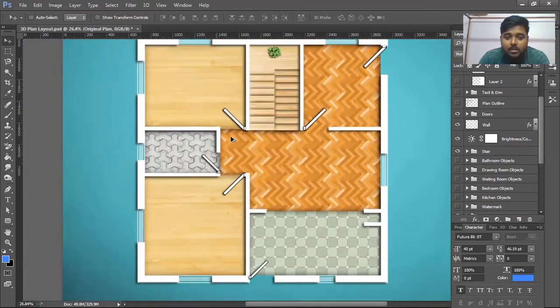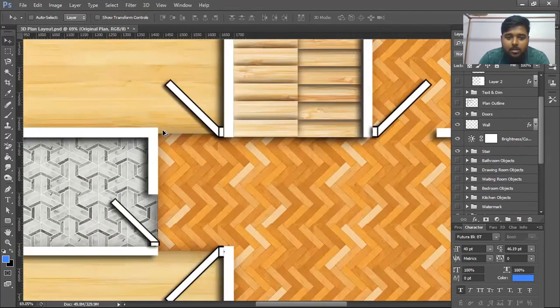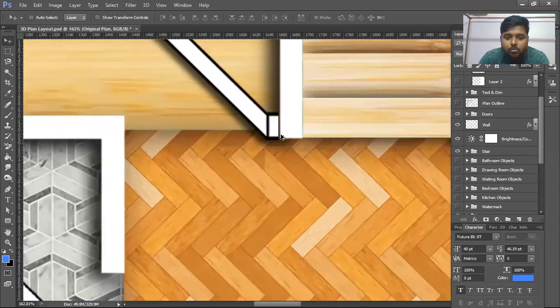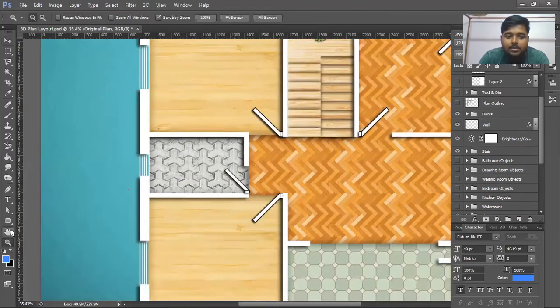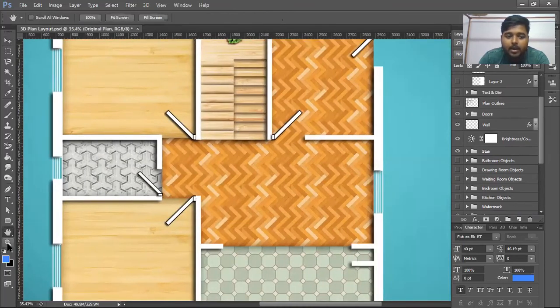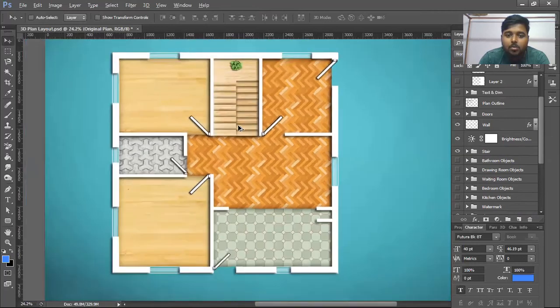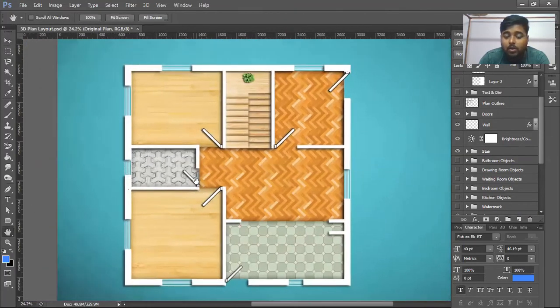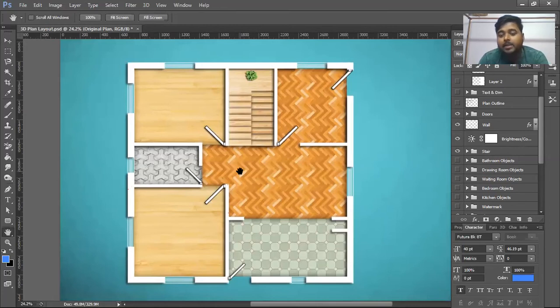And you can see this is not a simple image, because even if I zoom it, this is a high quality image actually, and this particular thing doesn't require any kind of rendering. So if you are getting a scope to only represent the 2D drawing, and at the same time you want to impress your client and don't want to waste that much time in rendering as well, this is the alternative option. And I think architects or interior designers already use these kinds of things or concepts, because they need to learn Photoshop.